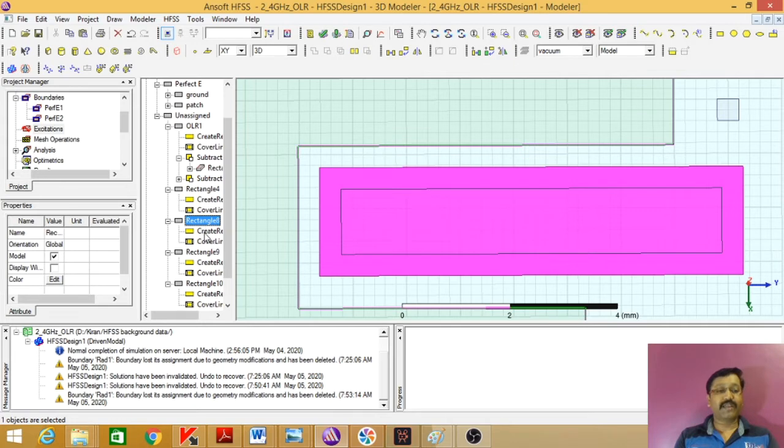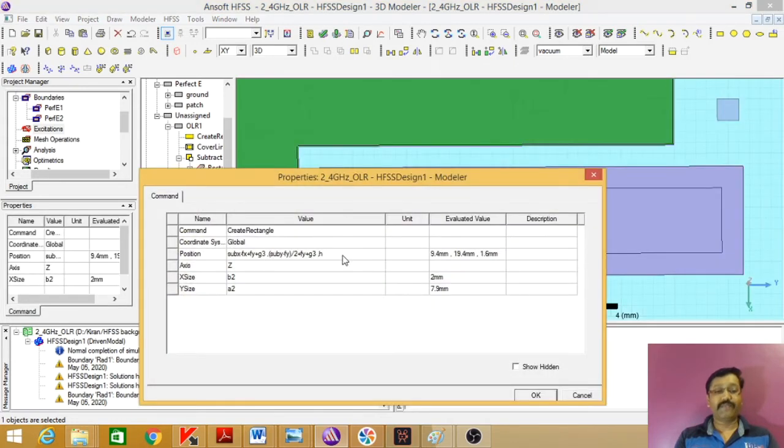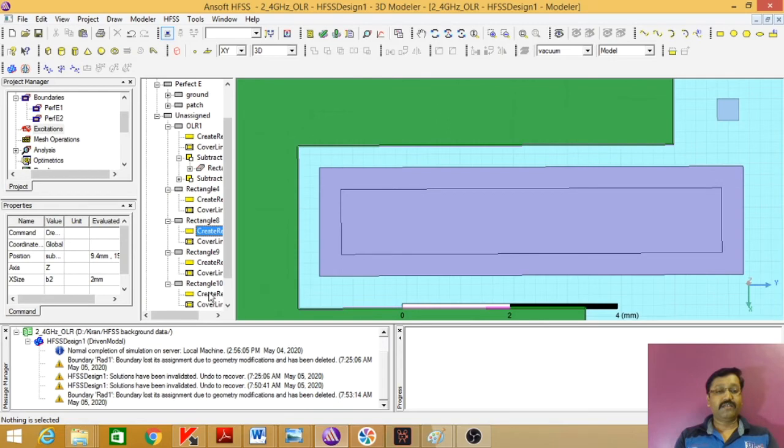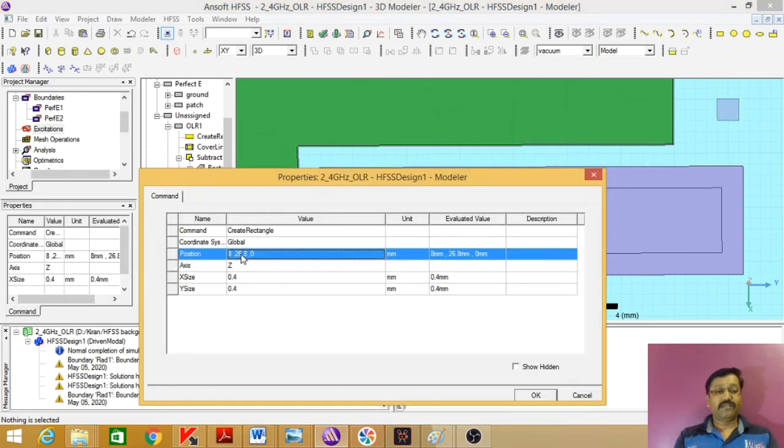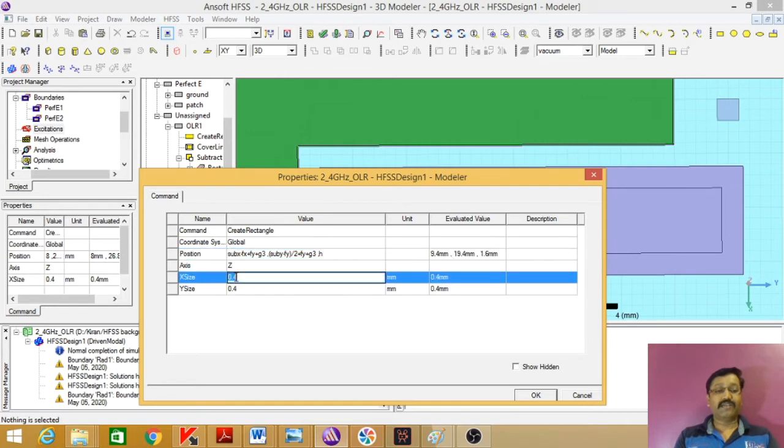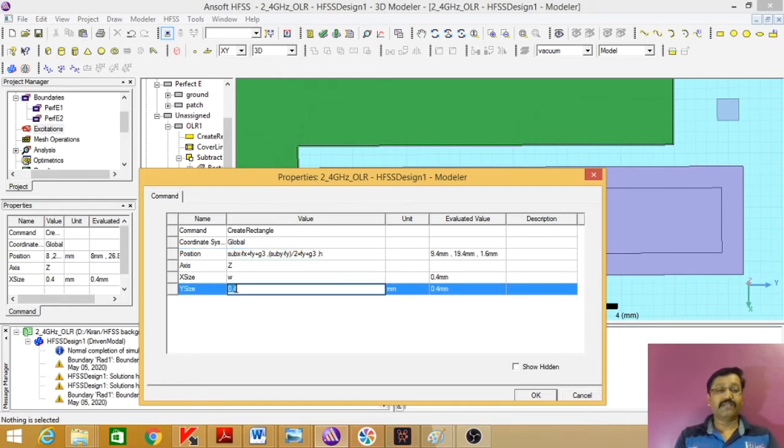So we'll take the dimensions from the same. We'll copy it. Control C. Okay. Control V. Now x size is W, y size is our gap G1.